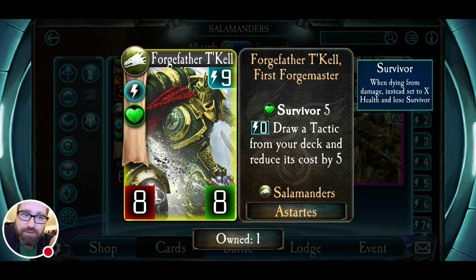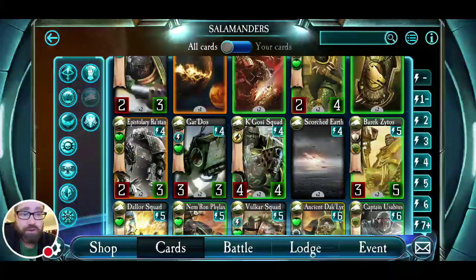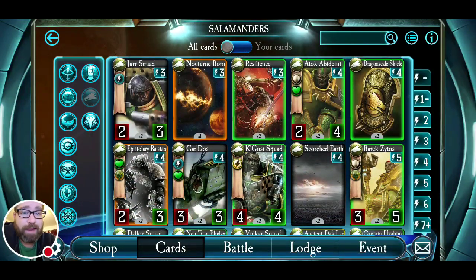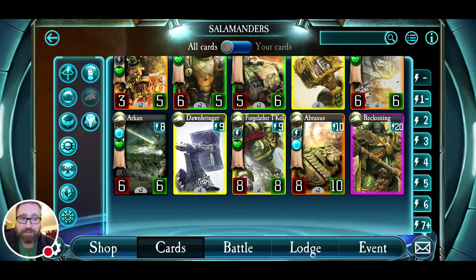imply his full usefulness. Now, he could, straight for 0, get you a Scorched Earth for free. He could get you a Nocturne Born for free. Dragon Scale Shield for free. So he's got his uses. If you throw a Dragon Scale Shield on this guy for free, and then throw Artificer Armor on him, just do it. Just be silly. That's 20 health on Forge Father Tekel. He's like a mini warlord at that point. That's stupid. But